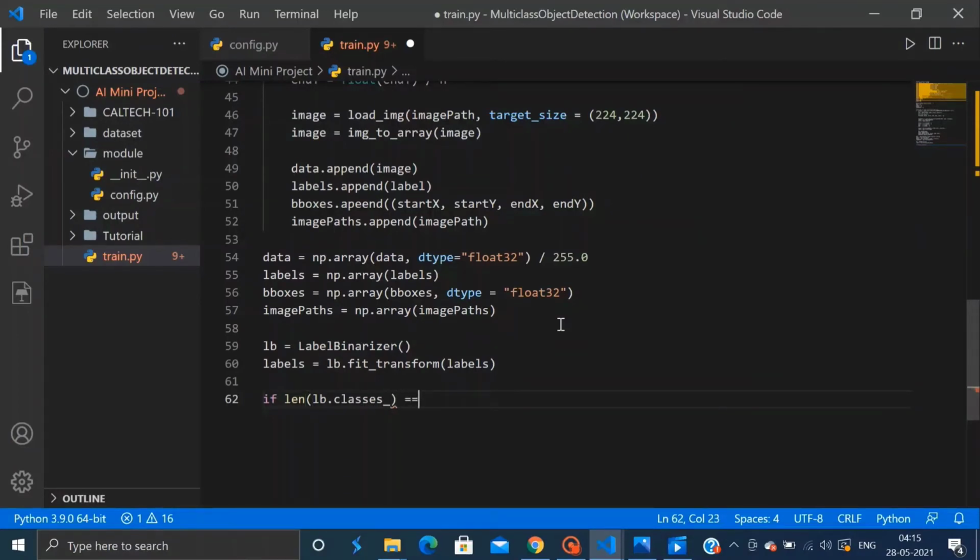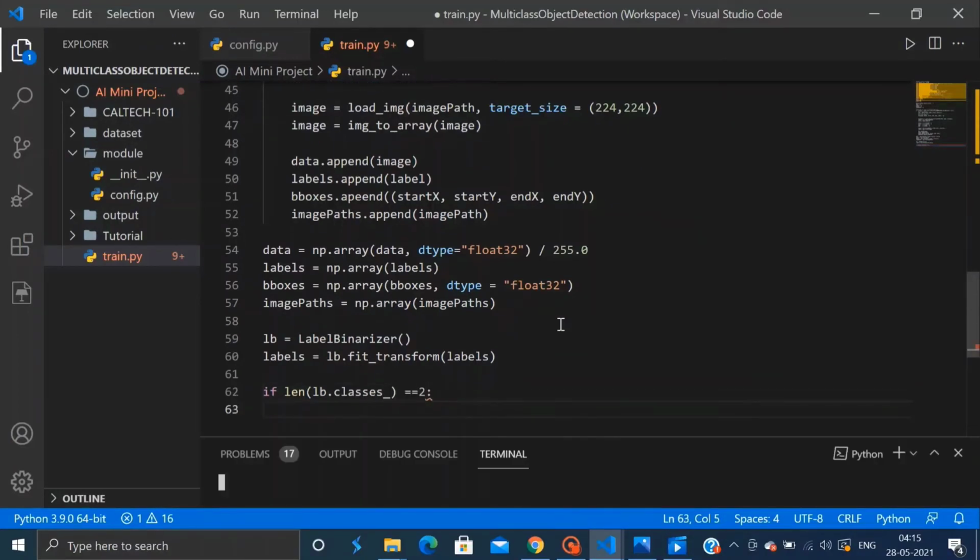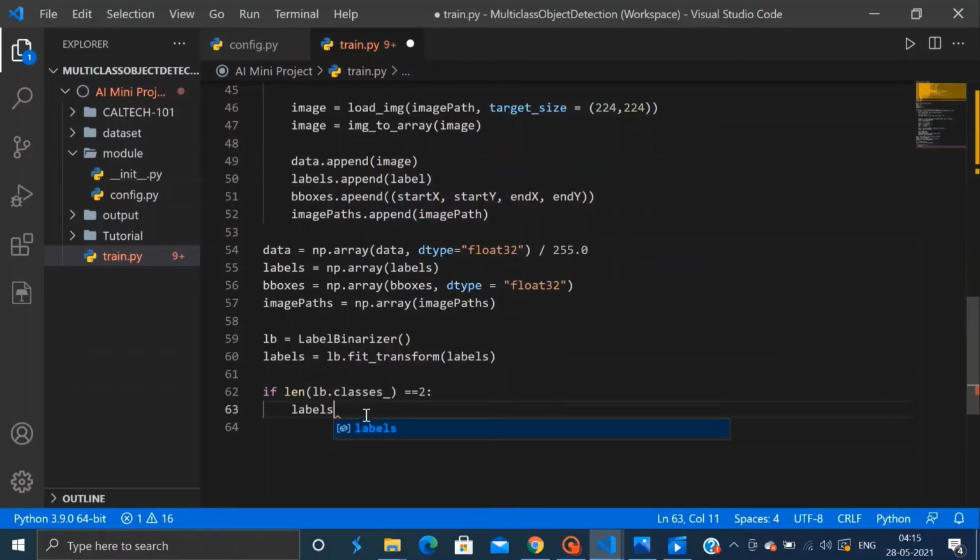So if the classes are equal to 2, we will use the toCategorical function from the Keras or TensorFlow libraries and make the exception.